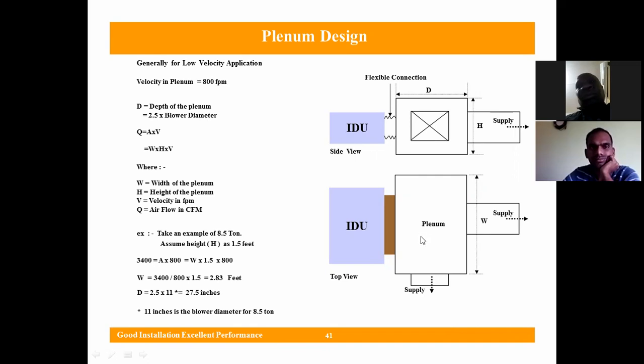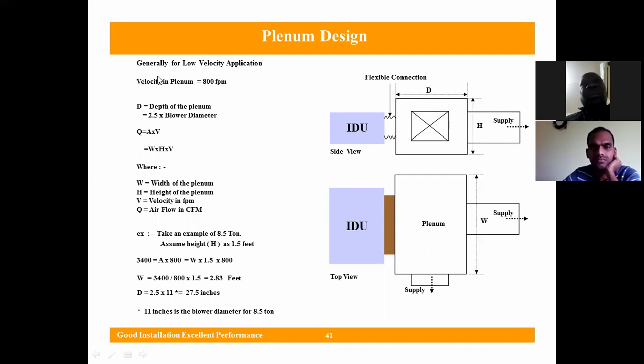So when you are seeing from the top, you could see like this. When you are seeing from the side, you won't be able to see this. You'll only see something like this. Now this is the supply, and when you are looking from the side, it will be like this. So we need to know the height, the depth, and the width. Now just listen carefully, then only you'll be able to understand. Then you can write.